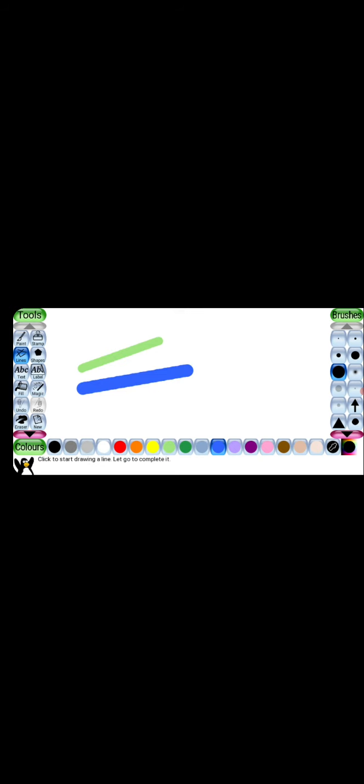We can also use some other shapes by using the shape tool. Click on shape tool, click on size and draw it. Draw with any size.